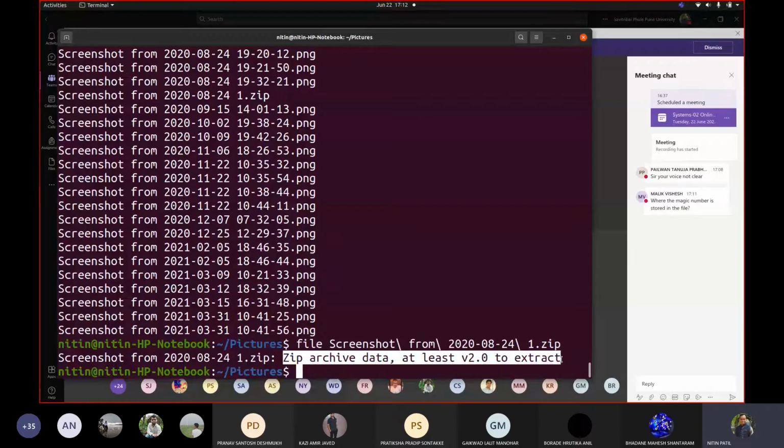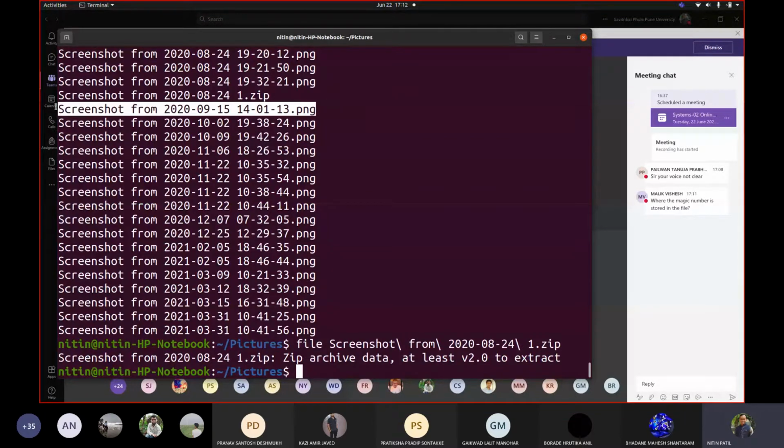Now recall in Windows Explorer, when you used to see MP3 files, you must have seen details about the singer, maybe the album name and so on. Have you seen that in MP3 files? That information displayed through Windows Explorer is picked from the file header. Now, how do I open that file? If I try to open this PNG file, it would open as an image. How can I see what the magic number of this is?